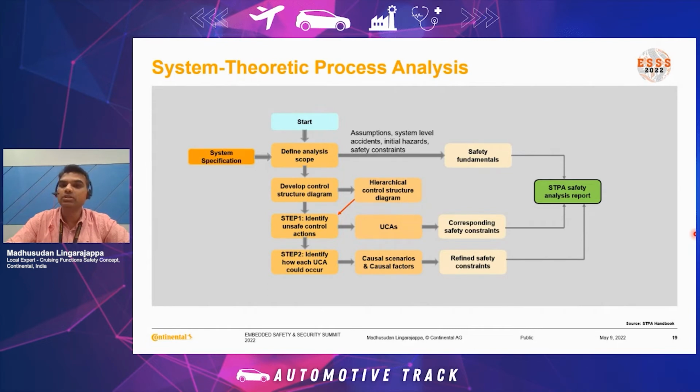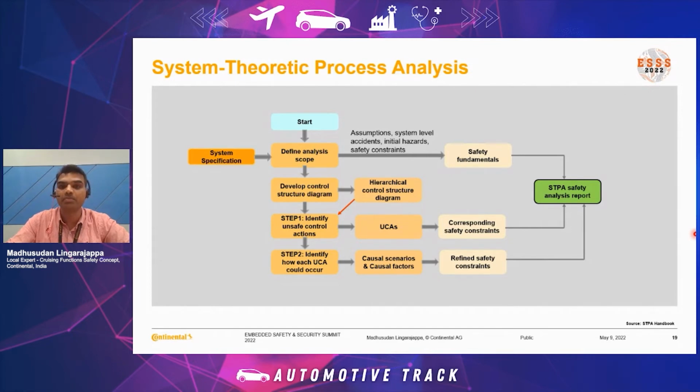In step 0, to start this analysis, the input for us is the specification. With this as an input, in step 0, we first start identifying the accidents. So what are these accidents? These are the losses to us or any occupants of the vehicle or any stakeholders or the vehicle itself,